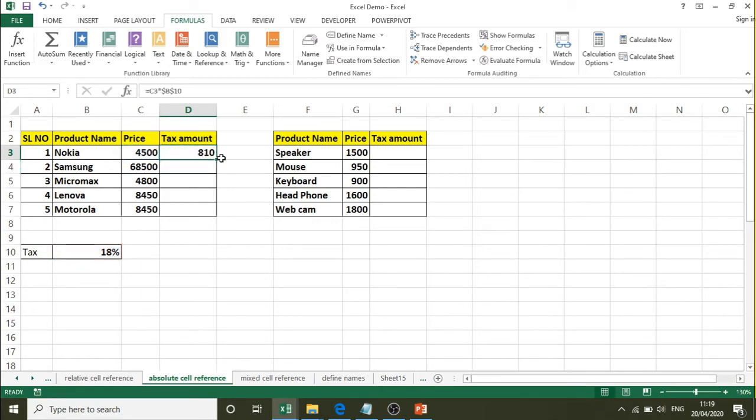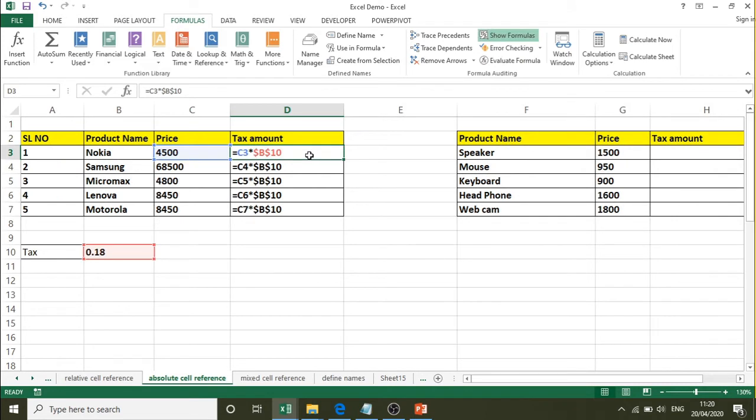I will copy this, or I am using the fill series. Show formula. In the first row it is showing C3 into B10, second it is C4 into B10, C5 into B10, C6 into B10, C7 into B10. That means the value will not change when I copy this formula. It will refer to the same cell address, that is absolute reference, or fixing the cell address.